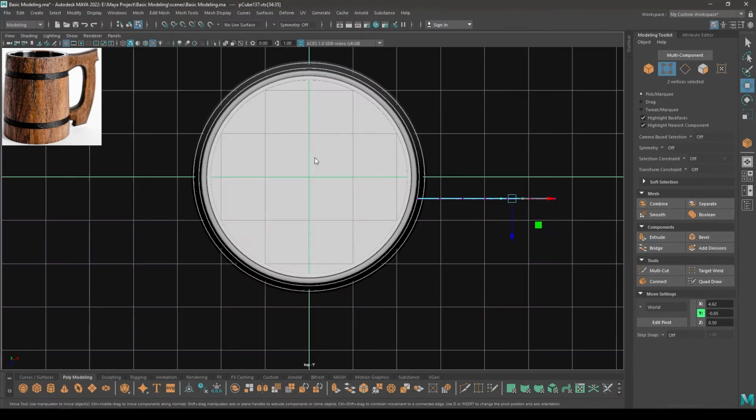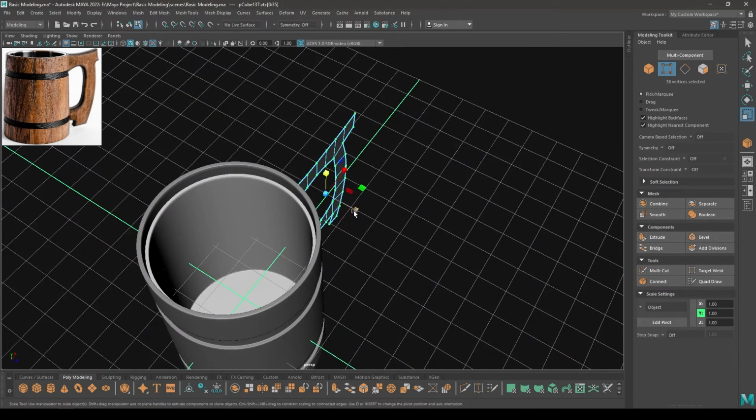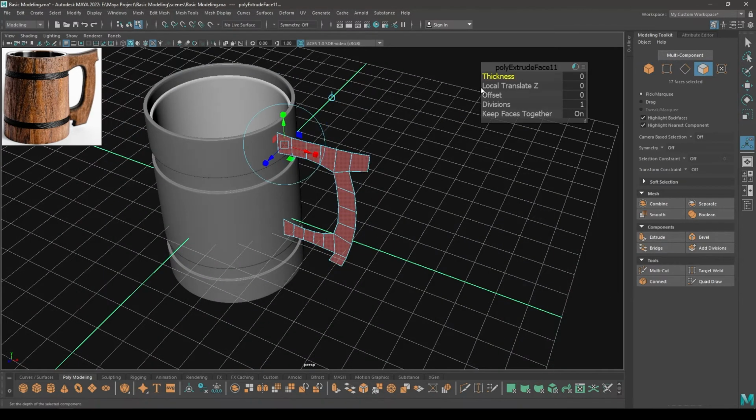Now go to vertex mode again, select all these vertices and let's scale them like this and extrude, add some thickness.